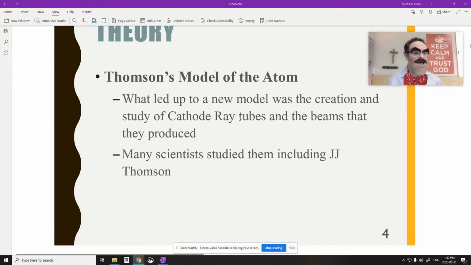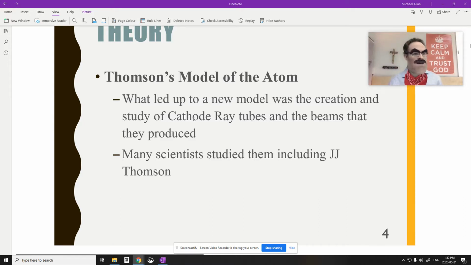Obviously, a cathode ray tube here shoots out this beam of charged particles. He knew they were charged because they bend within magnetic fields and they're affected by parallel plates. So he knew they were charged particles. He didn't know specifically what those particles were, right? So he was just playing around with these negatively charged particles that are coming out of the